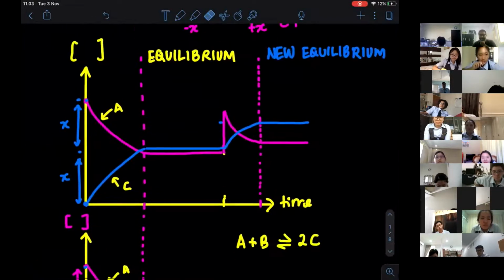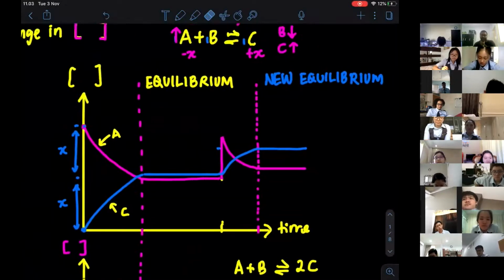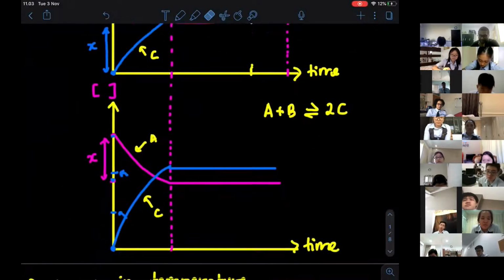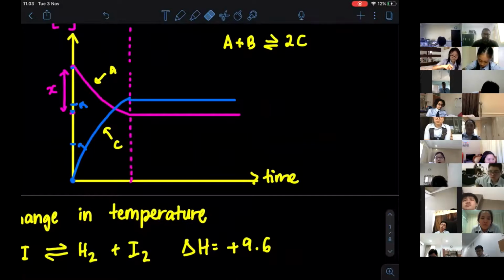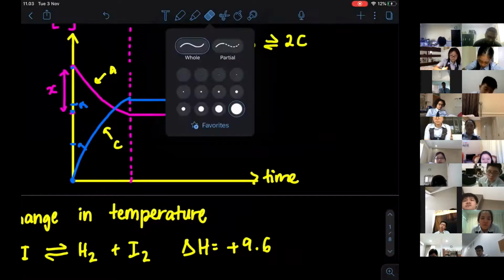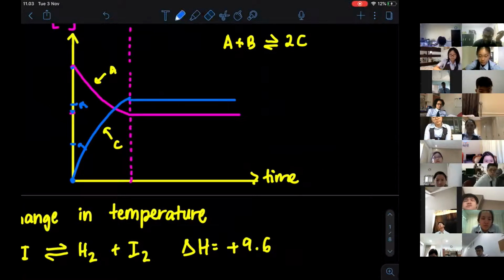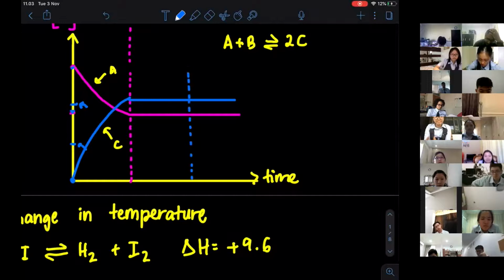Earlier, what I did, I increased the concentration of A. Let's actually try to increase the concentration of C. Let me erase all this part first, so that it's easier to see. Let's say I'm going to actually decrease the concentration of C, the blue line. So I'll follow the blue line. Let's say everything is going to happen here. So what I'm going to do, I'm going to erase